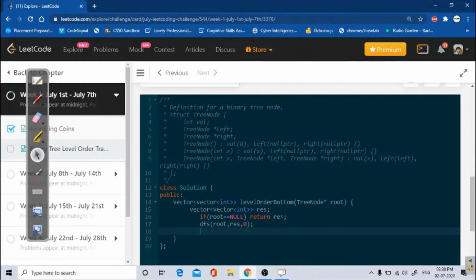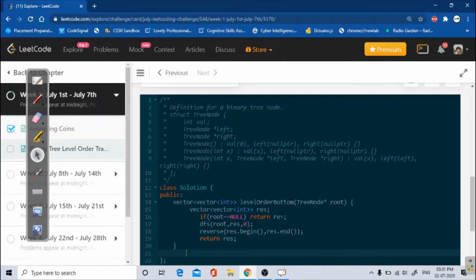After that I will just reverse my result vector, and at the end I will return the result array.